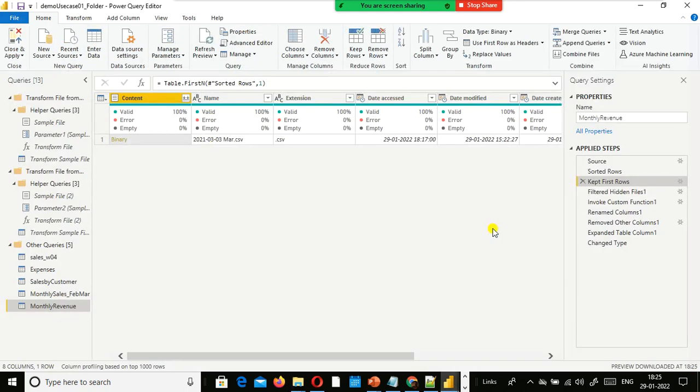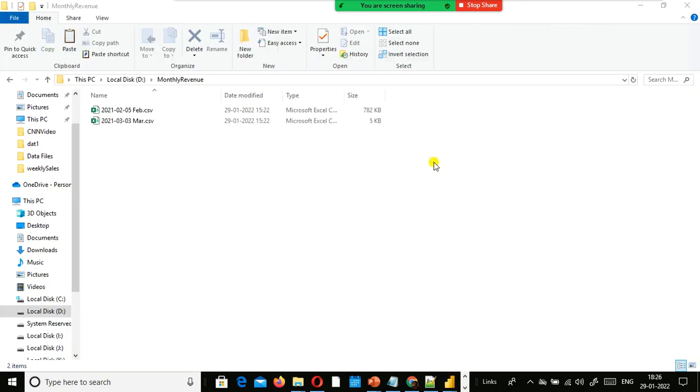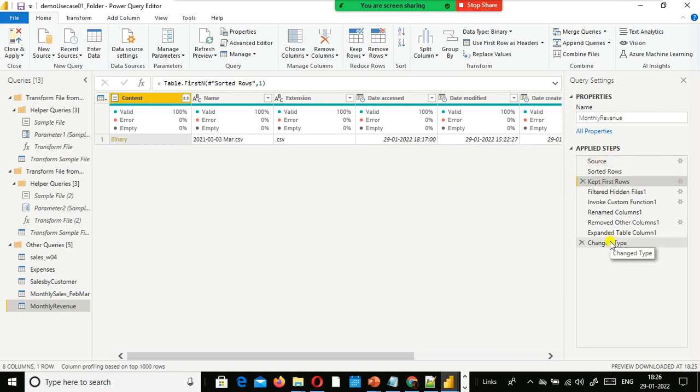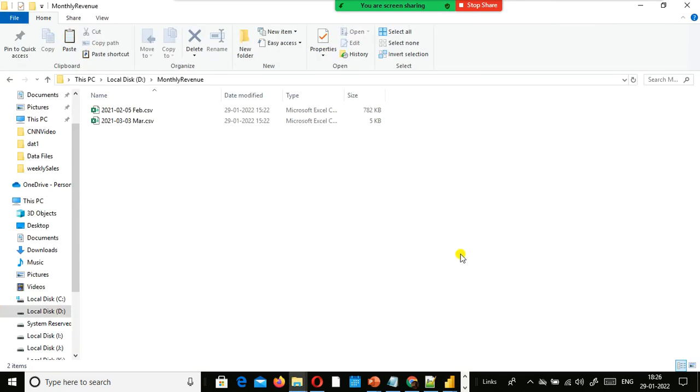Supposing you removed a column and you have changed the data type, the date data type, right? So whatever the pre-processing steps that you carried out, that will get applied to every month's data or every new file. Whenever you push any new file, these pre-processing transformations or steps will get applied automatically. It is a fantastic feature that is available.